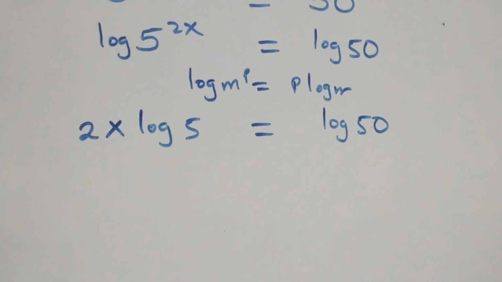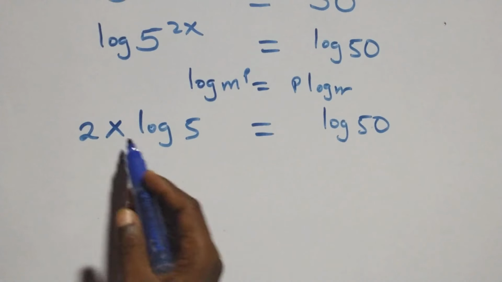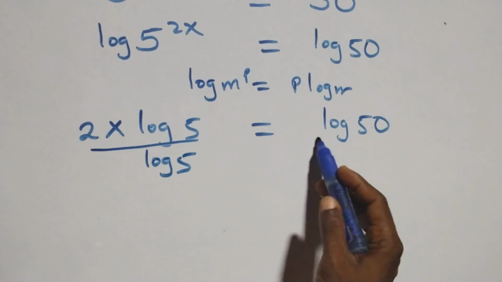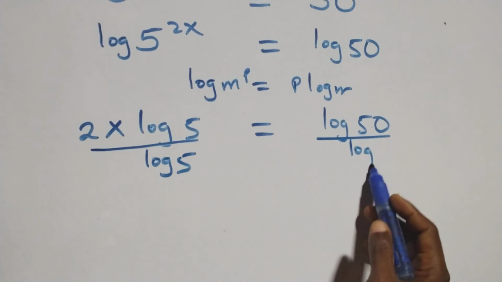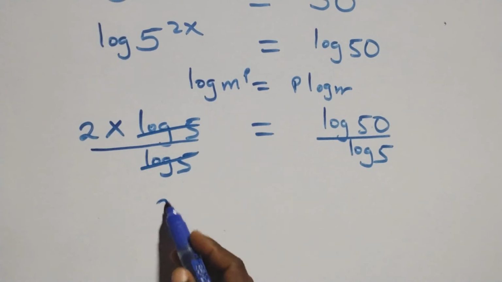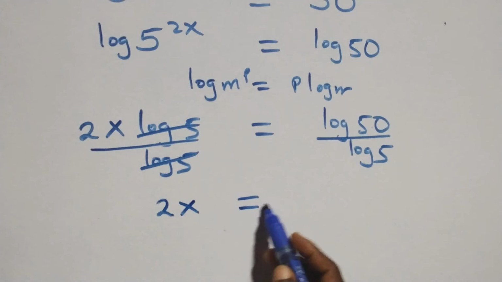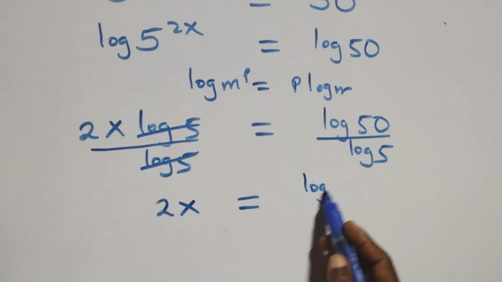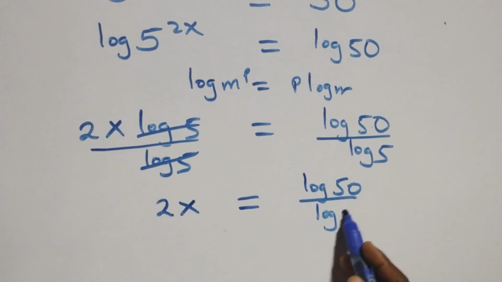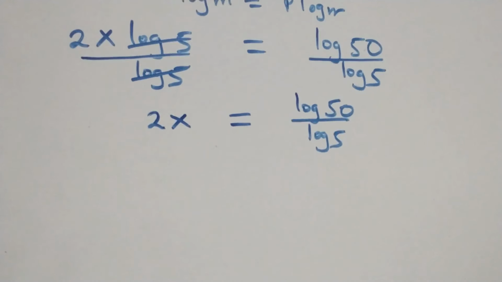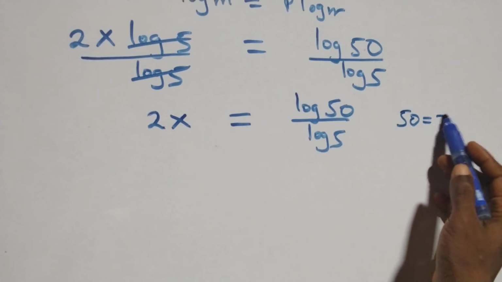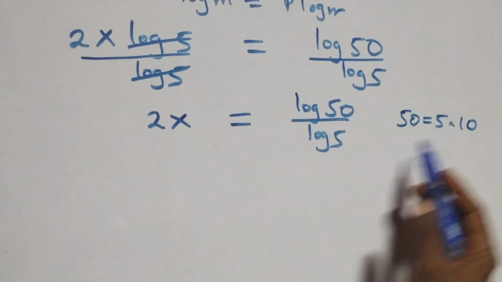That is, next step here, we divide both sides by log 5. Divide this side by log 5. Also, divide this side by log 5, which implies log 5 cancelled each other here, and we have 2x equals log 50 over log 5. The next step here, also 50 can be expressed as 5 times 10, which implies we have